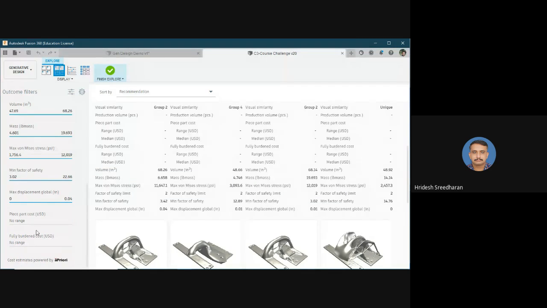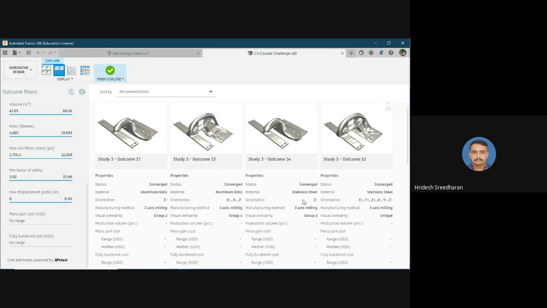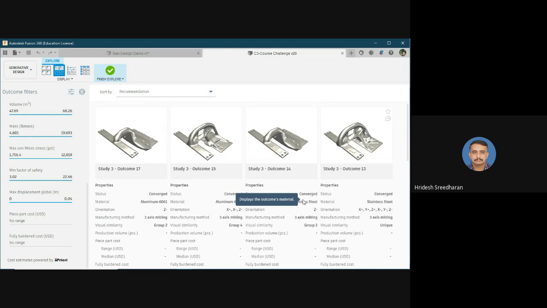And we have not given cost restrictions. If you want, you can also give cost restrictions if your company suggests so, or if your project suggests there are some limitations, that you cannot go beyond this much cost. So if you give that cost cap also, then accordingly it will again be streamlining or sorting the suggestions. So that's where artificial intelligence comes into play in Fusion 360. Depending upon the many user inputs, you are getting a favorable design.